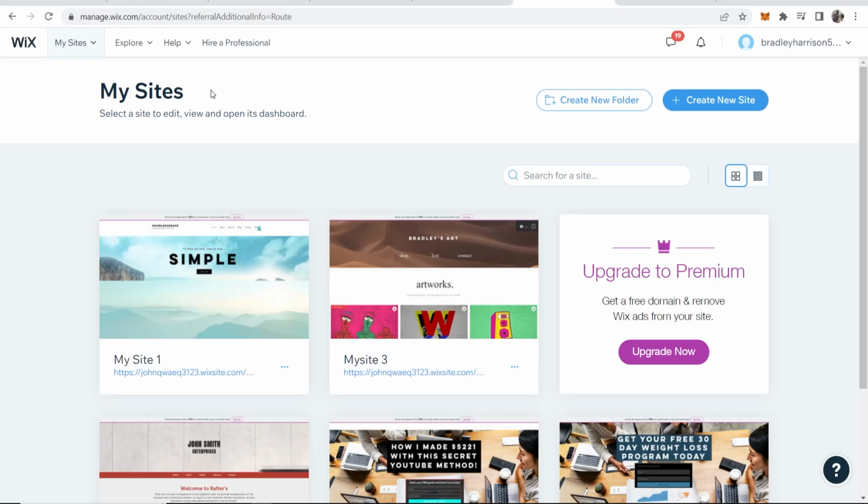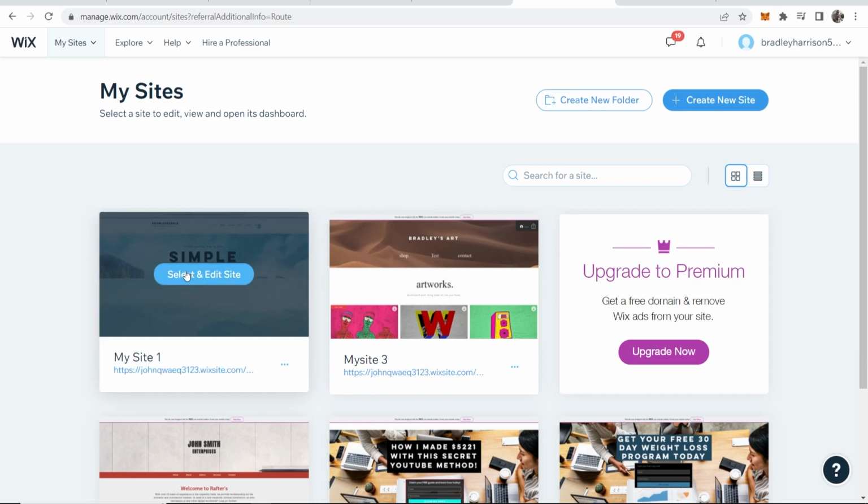Okay, so here are two ways that you can add your logo to your Wix website. The second one will show you how you can add your logo to your Wix header. So first go to Wix and then go to the site that you want to edit and then click on